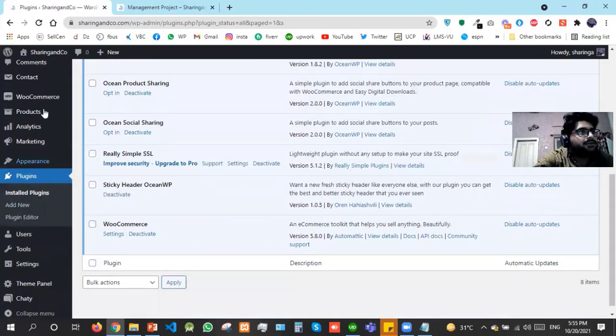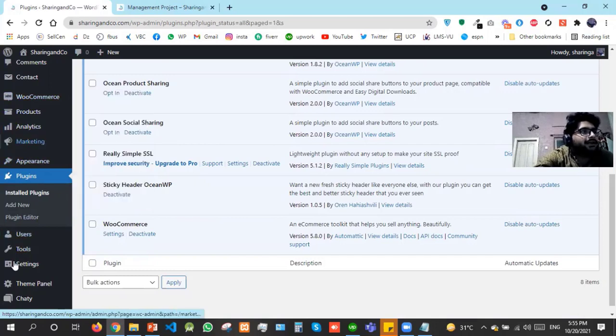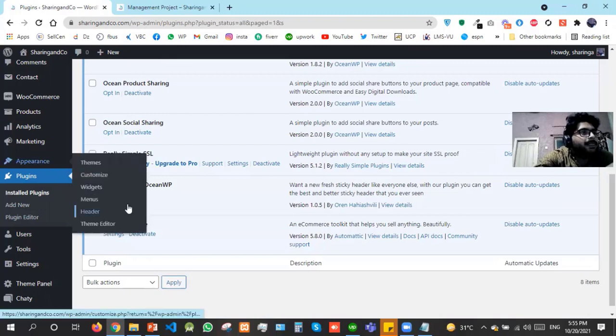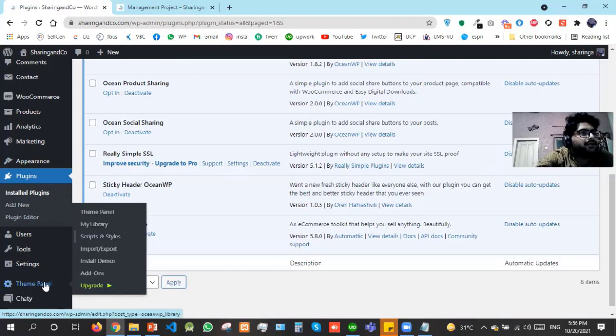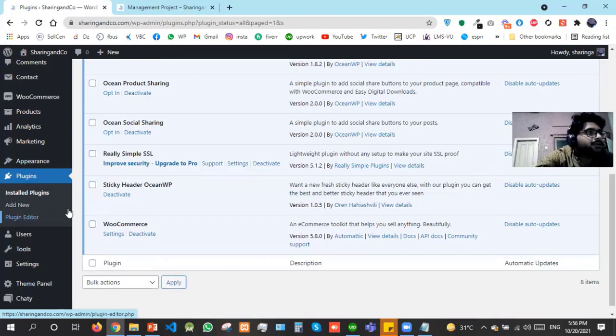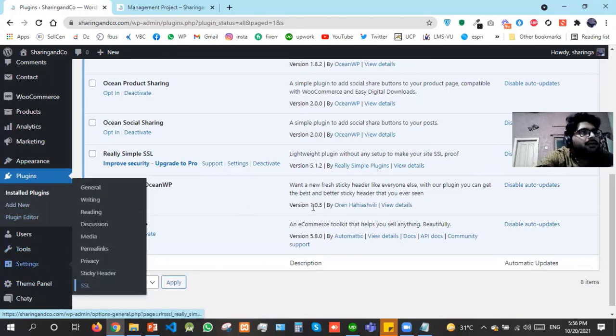Okay, so you can see now these two options are appearing here. Whatever plugin we install, it will start showing on the dashboard menu. We can see Chatty here. Okay, Ocean Social Sharing and Product Sharing appear under Theme. Like this, this is related to Ocean, the product sharing and social sharing, and SSL should appear under Settings, and